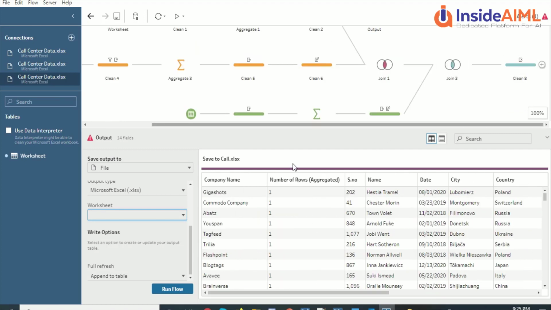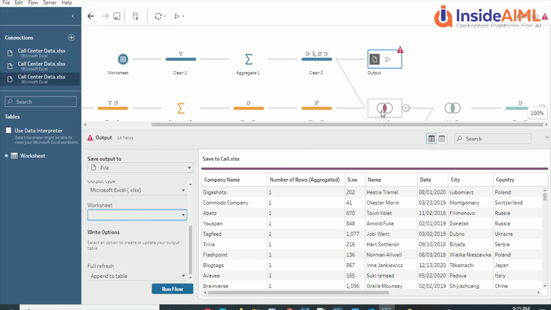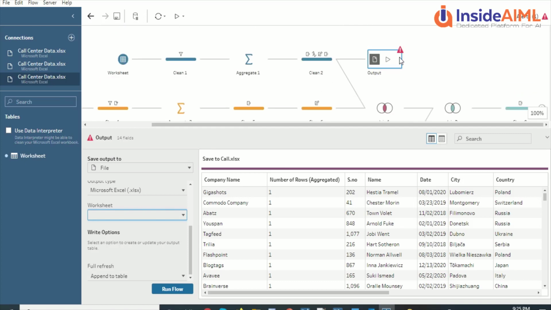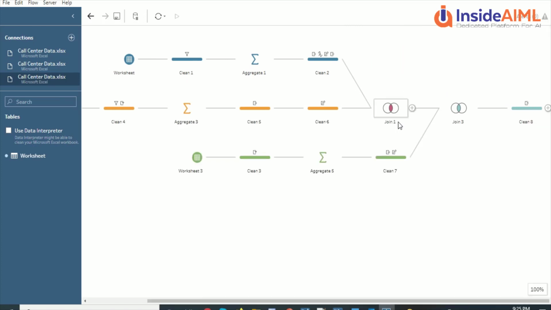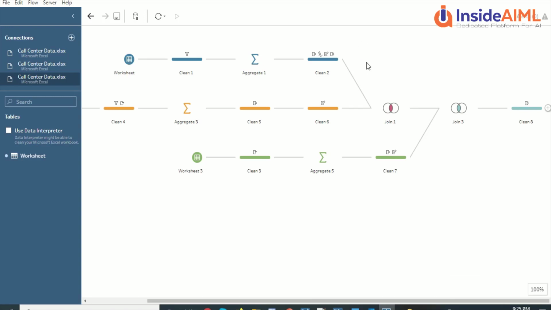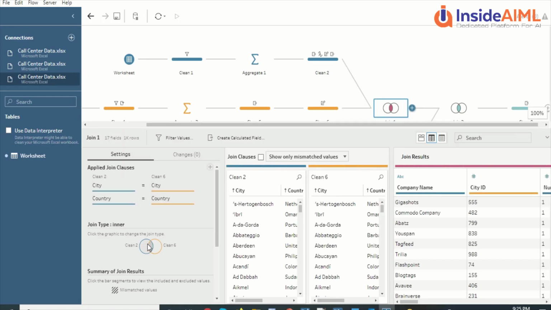The second one is okay. So we don't want this one here, we actually want, okay, city has come, so we don't want this output actually. So I actually want output here, and it doesn't give me the option because the join is here. Let me see if I can move this join from here to here. So let's go back and shift this join. Let's see if we can change this join.